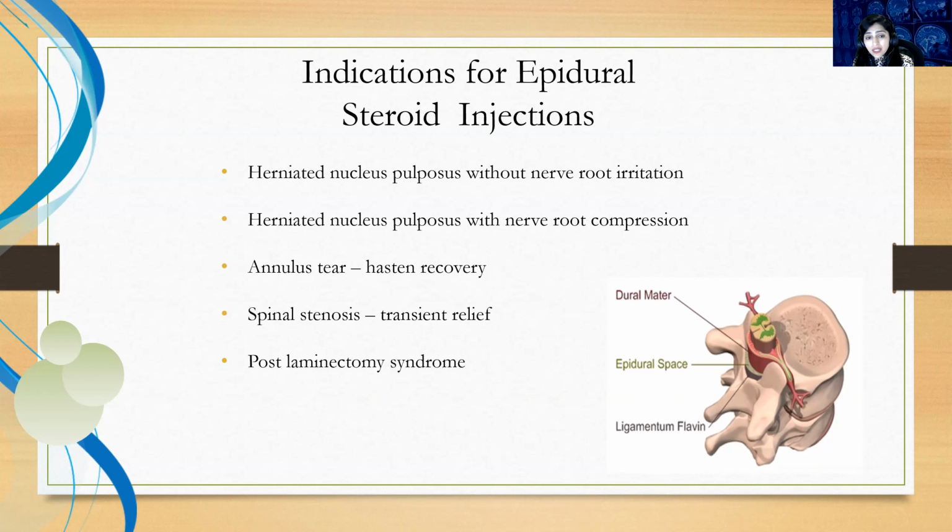And even if we inject in that space, it will not go above and below because there is very severe stenosis. So we want an injection which has gone along the epidural space, along multiple levels. So we should really select the level where there is less spinal stenosis. And epidural injections are really helpful in post-laminectomy syndrome.